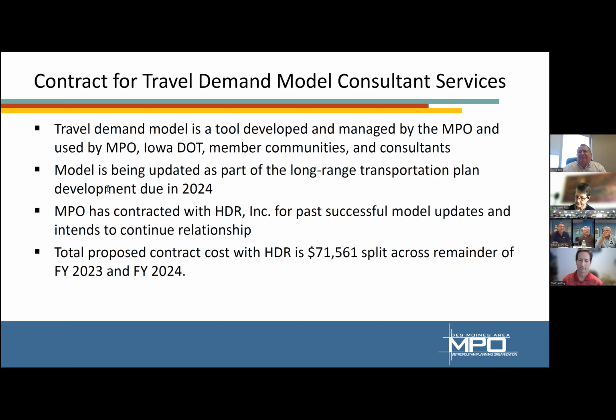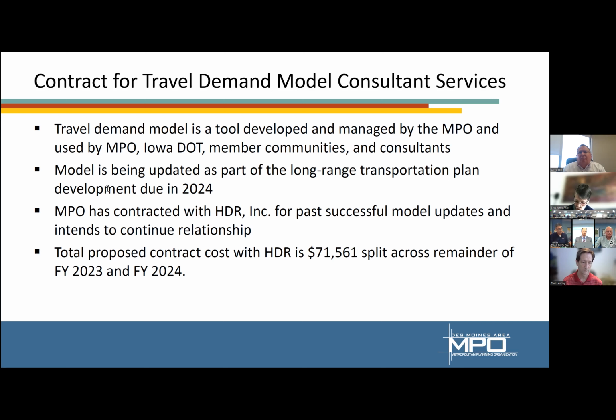Is it not updating our existing software, it's actually gathering data? Correct. So you basically need to make the model replicate what traffic looks like today. Yeah, but I remember Dylan serving on a long range transportation plan committee. I think Scott started seeing it back then when sharing it, whenever all the data that the subcommittee gathered was all a result of that information.